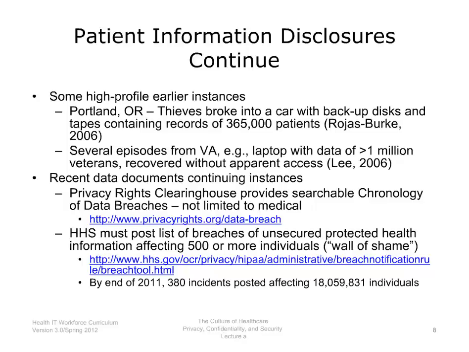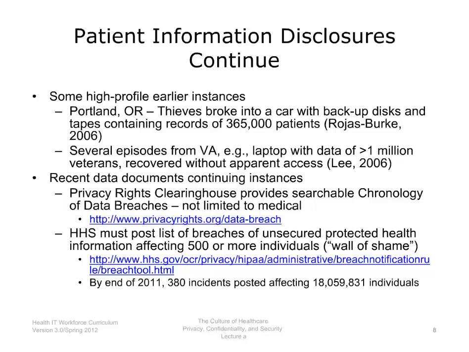Two websites are devoted to ongoing documentation of the problem. The Privacy Rights Clearinghouse provides a searchable chronology of data breaches. The data includes medical breaches, but is not limited to them. The site can be linked to from www.privacyrights.org/data-breach. The Department of Health and Human Services, HHS, is now required under the HITECH Act to post a list